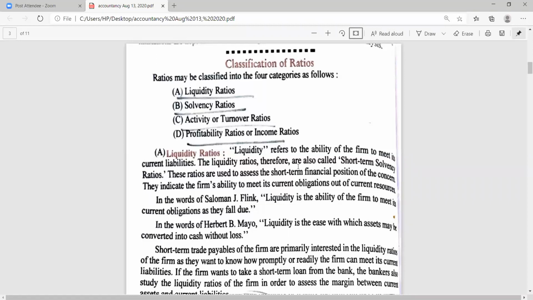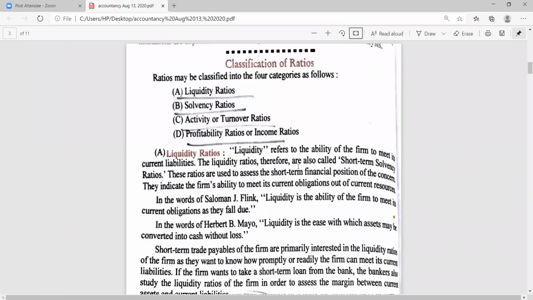Take a paper and pen in your hand and make a flow chart from the information that I am expressing now. And it is compulsory for everybody to send me the PDF of the flow chart of the classification of ratio analysis. How do you have to draw it? You have to make a tree, a flow chart, classification of ratio, which will have 4 branches. The first one is the liquidity ratio, second is solvency ratio, third is activity ratio, and fourth is profitability ratio.